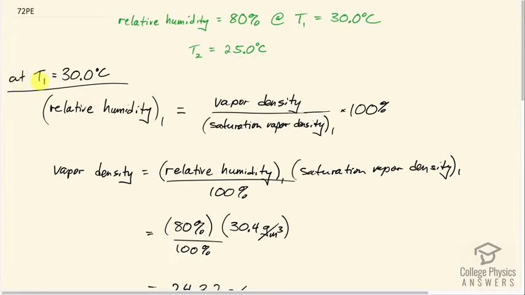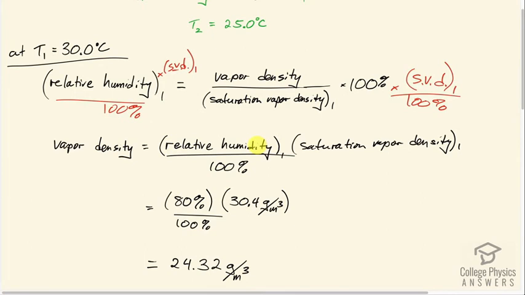And so at temperature 1, we have relative humidity number 1 is the vapor density divided by the saturation vapor density times 100%. And so we'll multiply both sides by the saturation vapor density at 30 degrees Celsius, and then divide both sides by 100%. And we get the vapor density then is the relative humidity multiplied by the saturation vapor density at 30 degrees